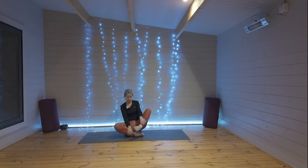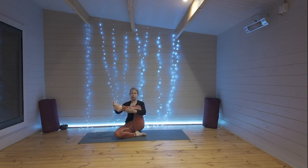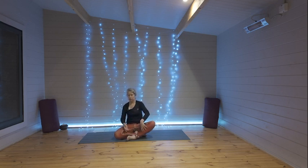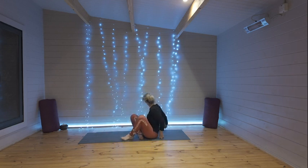Let's take it to the other side. So just let the left leg come in front of the right, lifting it up, raising it. So you've got that nice straight line on your shin. And then just gently rocking it. Feeling the stretch. Still sitting up tall. And then coming to stillness, letting the foot down and making your way to sit on your mat